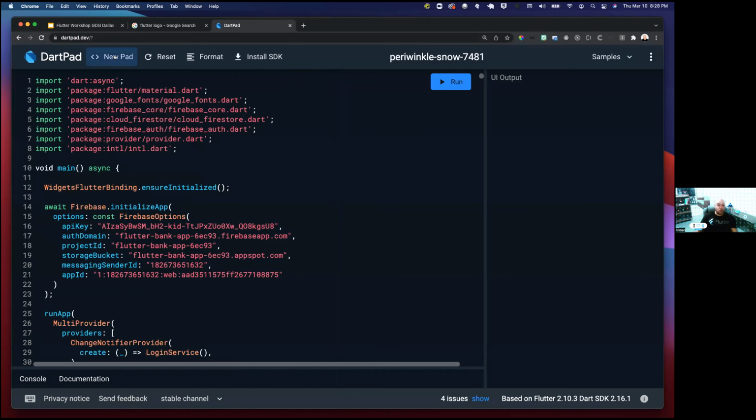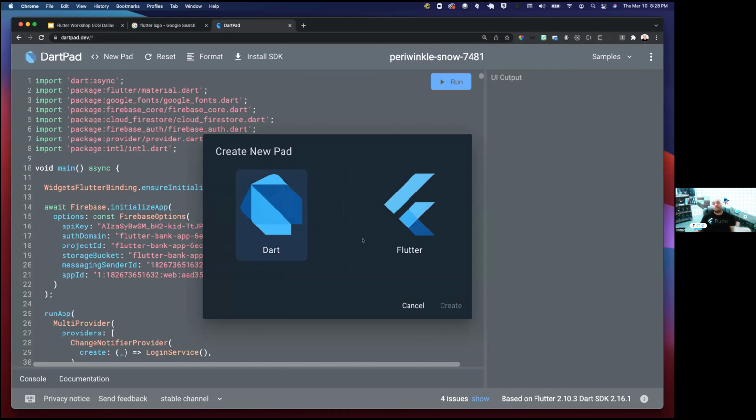So I'm going to click New Pad, and then you get this option. You either do Dart or Flutter. Dart is the main language. Flutter is the framework. So we want to do Dart inside of the Flutter framework. So you select Flutter, you click Create,